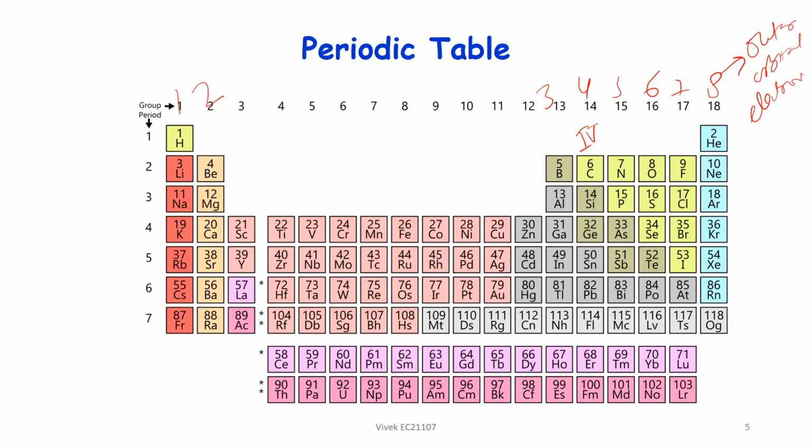Okay, so in the periodic table, usually semiconductors are found in group 4. So you have here silicon, you have germanium here. Now there is another possibility to get a semiconductor with an average of 4 electrons in the valence band: if you move one to the right and one to the left. To the left there is group 3, to the right there is group 5.